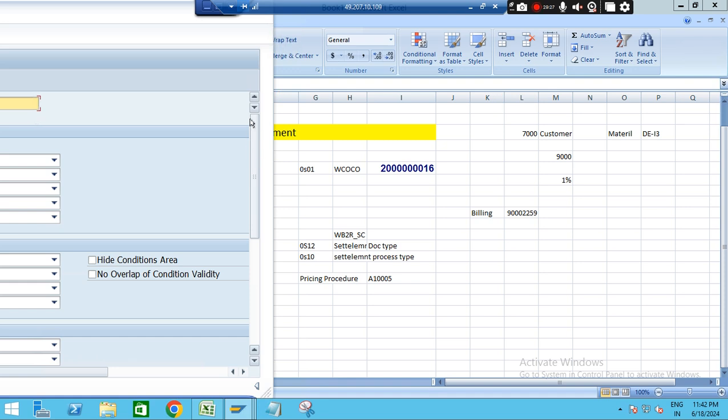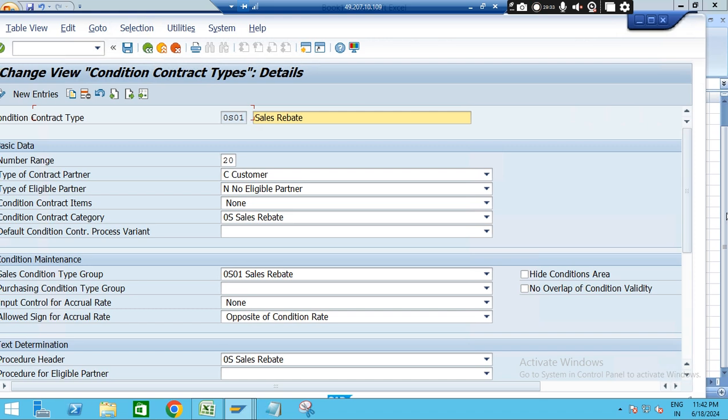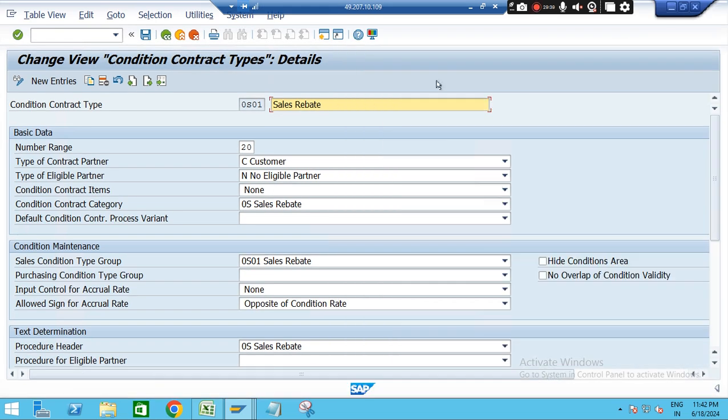So the first thing is number ranges. This is something I can explain well. The first thing is number ranges. Already in ECC we know the number ranges, and the second one is